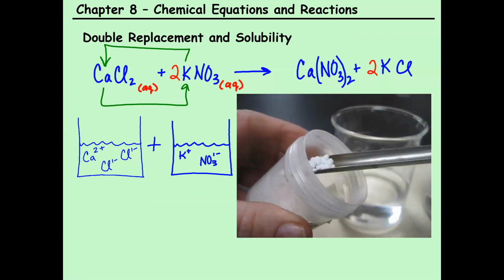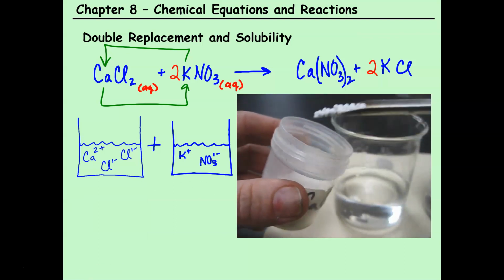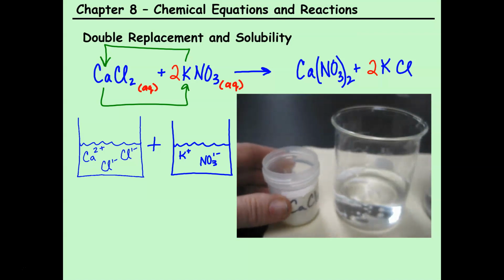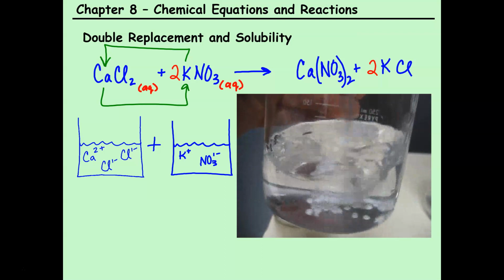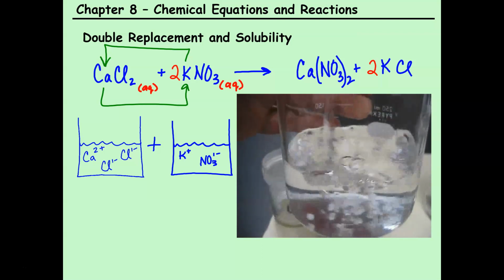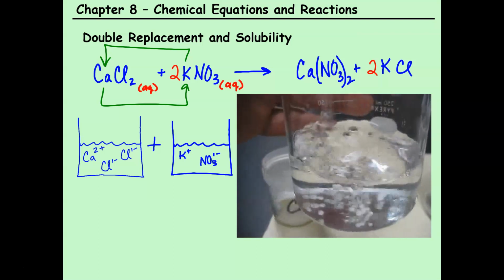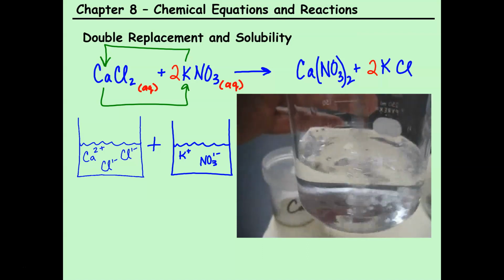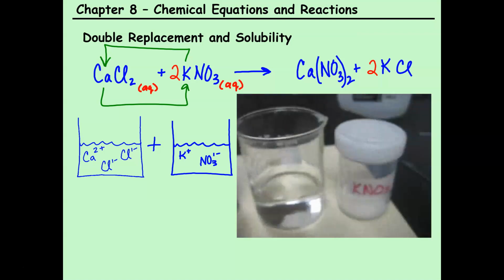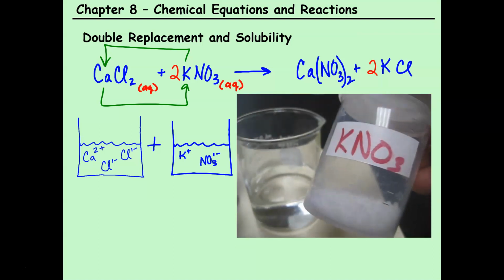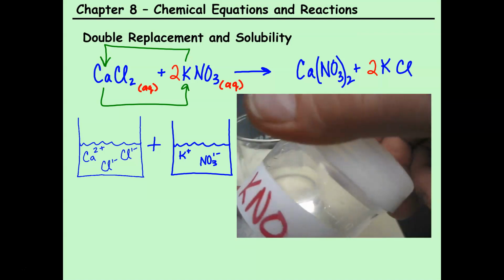Here we have some calcium chloride. Now, this is the stuff that you sometimes put on your sidewalk to make the ice melt. There's other compounds we use for that purpose too, but this is a common one that we use for melting ice on sidewalks, calcium chloride. Now, it takes a little while to dissolve in water, but eventually you swirl it around and it will become a clear solution. Potassium nitrate